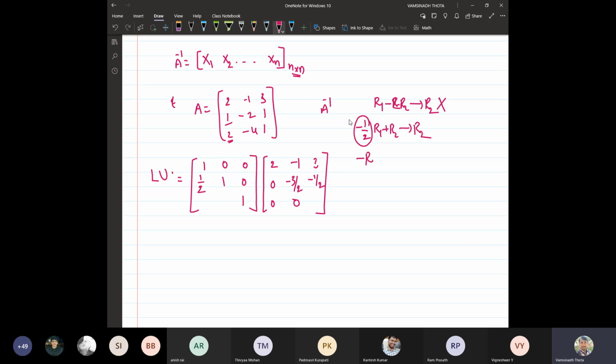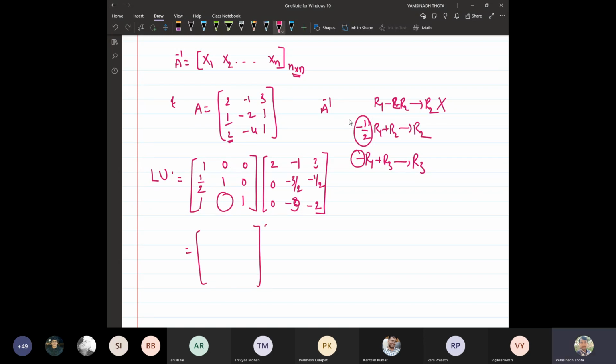Okay. Now we need to make this one also 0. So the only thing is we need to multiply minus 1 times R1 plus R3 replaces R3. What will be the entry here? The multiplier is minus 1, and hence the negative is 1. Now here you will get 0, right? Minus into minus plus, plus minus 3, so minus 4, so that is minus 3, and minus 3 plus 1, so that is minus 2. Okay, still this needs to be found out.